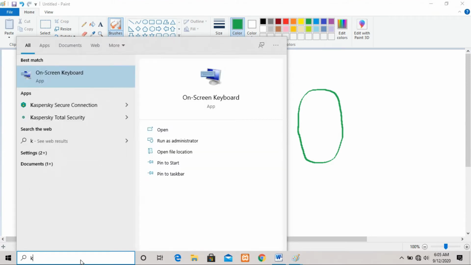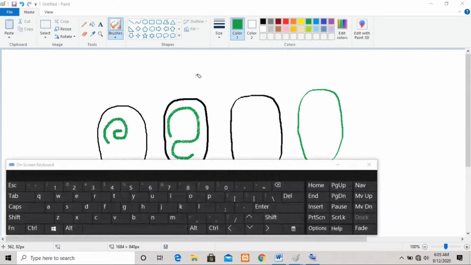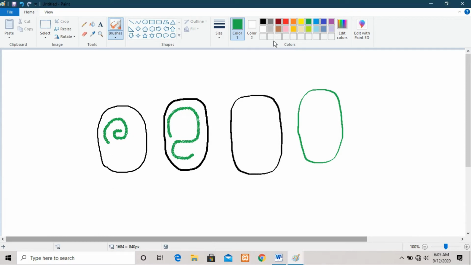So I am just using this on-screen keyboard on my computer to show you what key we are going to press to increase the size of a brush. Right now I am pressing the Control key from my keyboard, and now I just click on the plus icon to increase the size of the brush spray. Okay, fine. So now I have chosen the size. Let me show you the shape or the area of the brush has been changed.